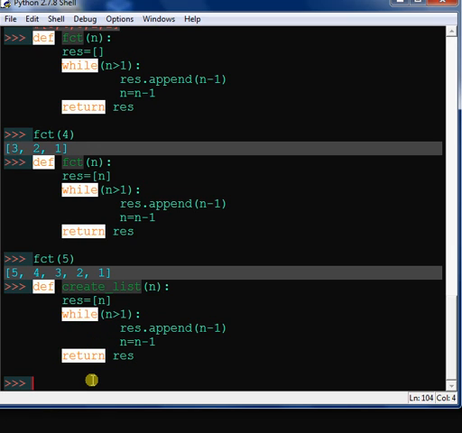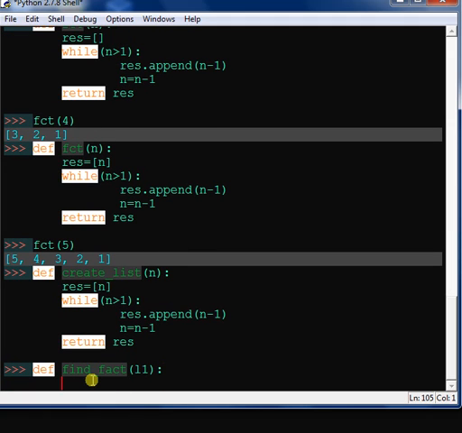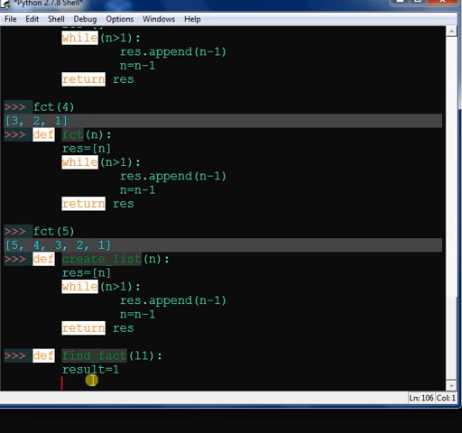So define find factorial. This will be L1. Let's provide it a list L1. Now again result is equal to 1. Don't initialize it with 0, because if you initialize it with 0 everything goes to 0. Now